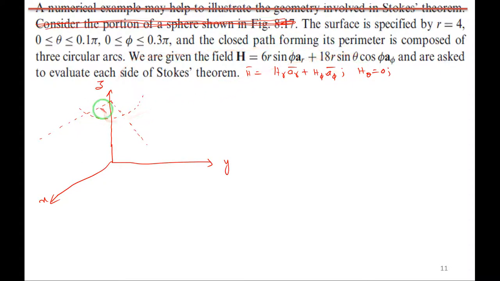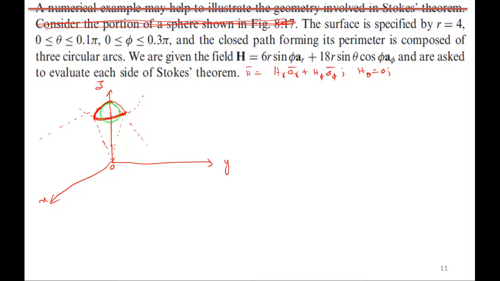It is 4. So let me try to draw the surface here from z. I'll take the surface like this. Is it fine? Okay, I've drawn it. Let me join it from the origin. A conical shape will form, right? This is the origin. Observe here, r is 4. This is the surface that is formed, consisting of 3 circular arcs: arc 1, arc 2, arc 3. 3 arcs are there, right?